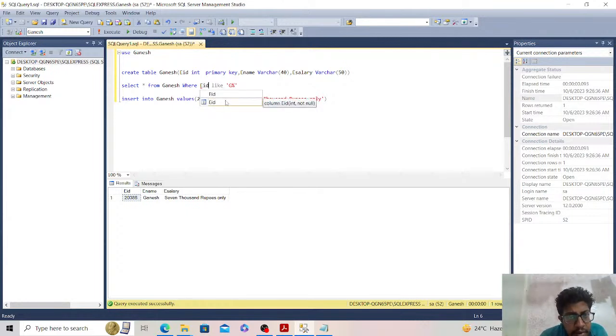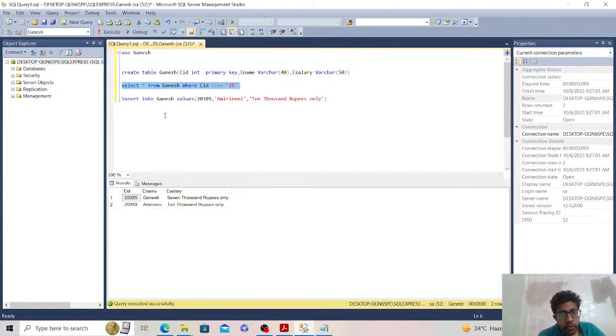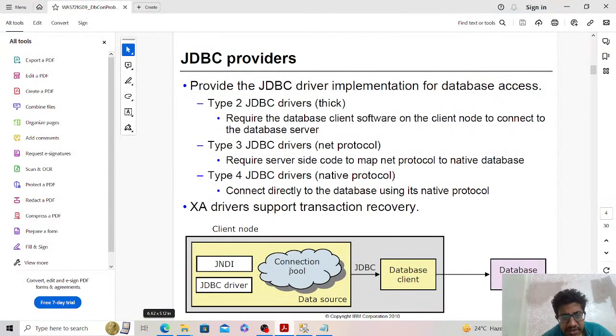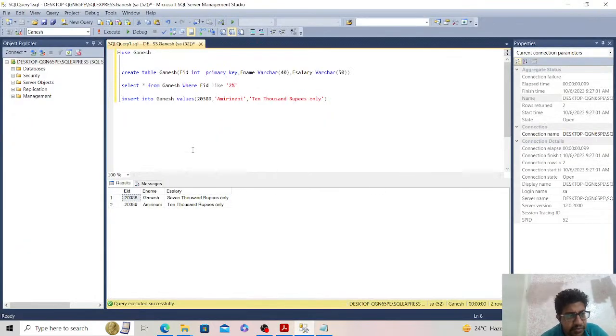EID matching, yeah, two records matched, two records are displaying like this. Okay, the database has some if-else conditions and while conditions like that, and the database team will take care of it. If we establish a connection, for this purpose we are using